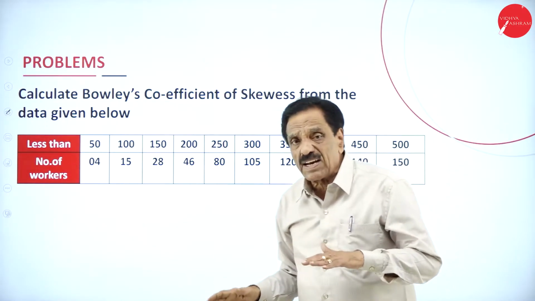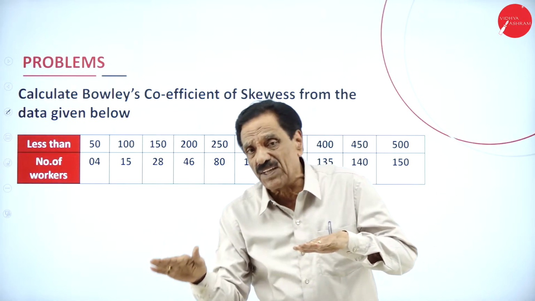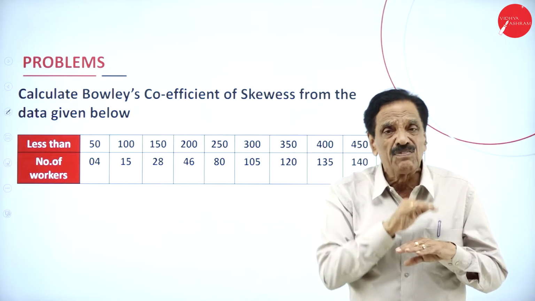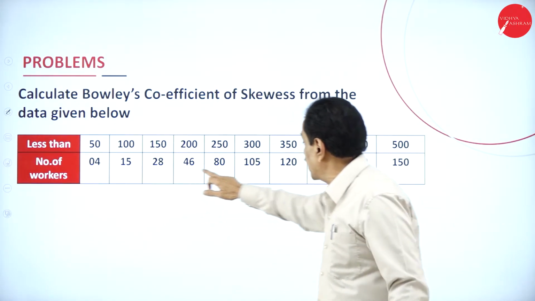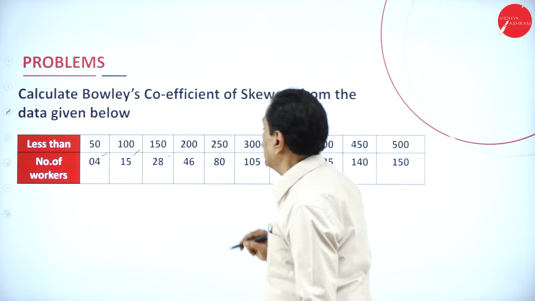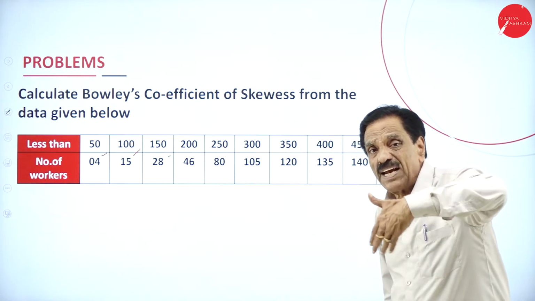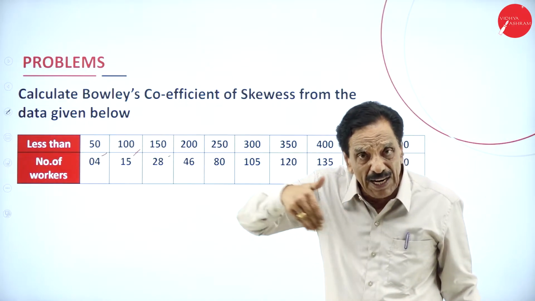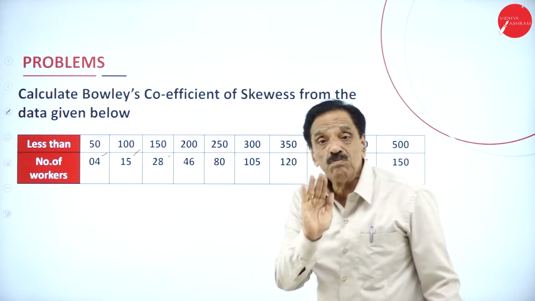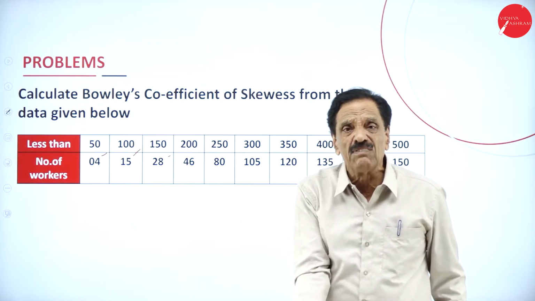All are increasing, which means it is a cumulative frequency that should be converted to frequency. If we want cumulative frequency, frequency should be converted. What they have given now is all increasing. See the board: 4, 15, 28 go on increasing in ascending order. This is called cumulative frequency, and it should be converted to frequency. How to convert? I will show you.